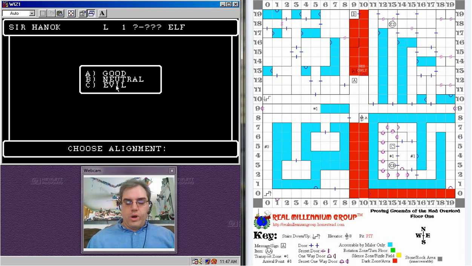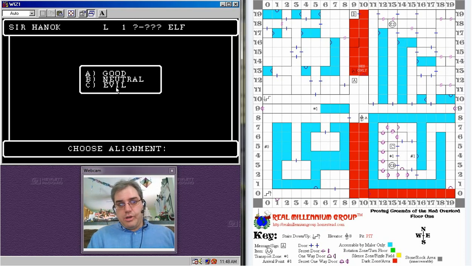However, if you want to mix and match characters, what you do is you form your party of your good characters, take them into the maze, then you leave them camping in the maze. You go back, you form your group of evil characters, you go into the maze to the exact spot where you left the previous party, you search for the party, and that will bring up the previous characters, and then you can just add them to your party as long as you don't go above the limit of 6 combined.